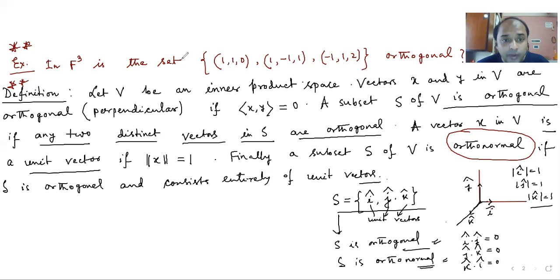Remember that we can declare a set to be orthogonal if we choose any two elements from it, and we can show that these two elements are orthogonal. Then only can we say that the set is orthogonal. Okay, so I'm going to apply that result over here. Solution: